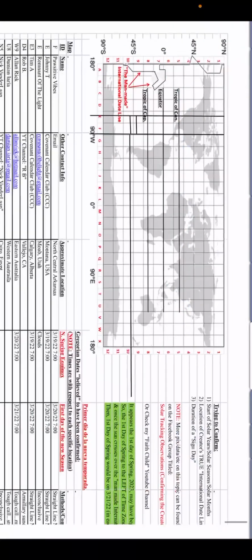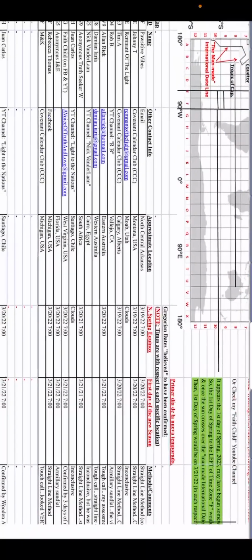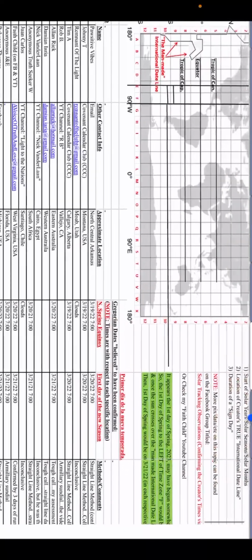So with those 3 data points, as we look back up at the map up here, that's really all we need to confirm the approximate location of the Creators International dateline. So you have the gentleman in Alberta, Canada, just to the west of where that dateline would have fallen, and you have me just to the right of it, and then we have a few between in Australia that seemed to be confirming that timeline. There was another witness in Africa as well.